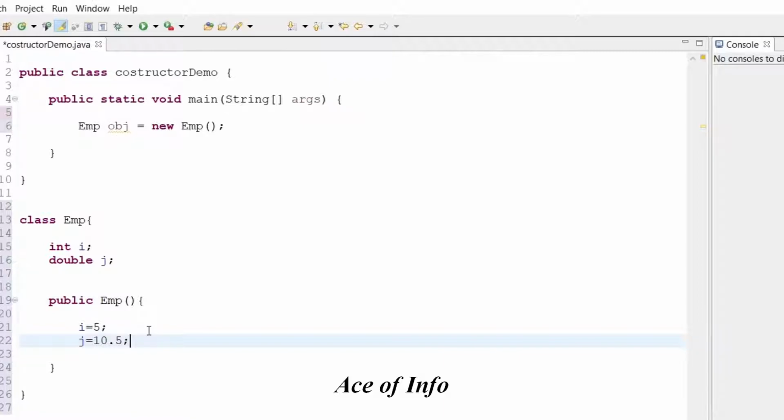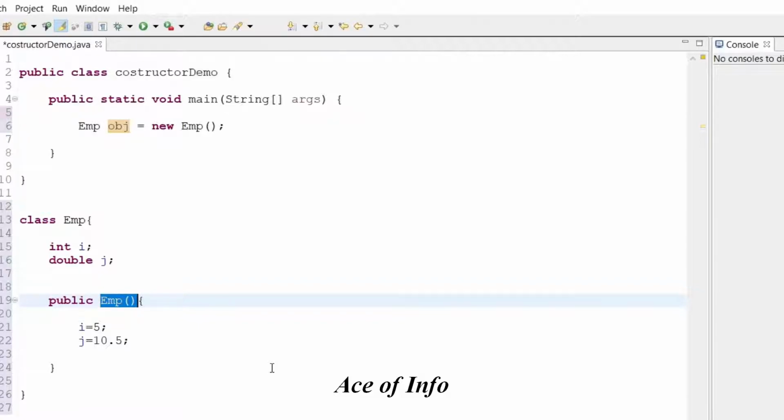We use constructors to assign memory, but also we can use them to assign values to these variables inside the class. So when you create this object with this constructor, this object will contain these values 5 and 10.5 for these variables, only for this object.